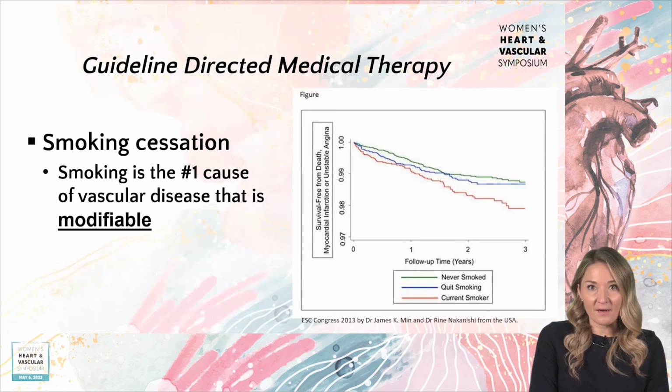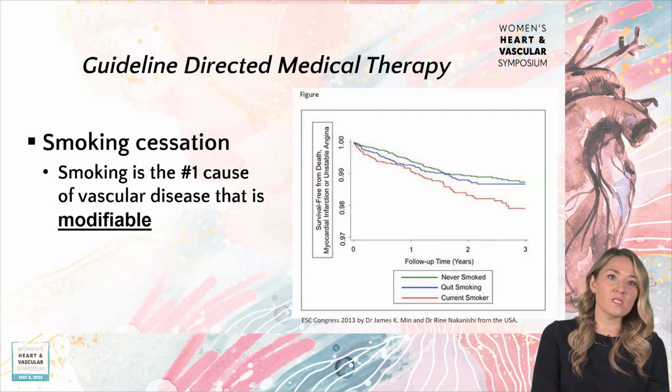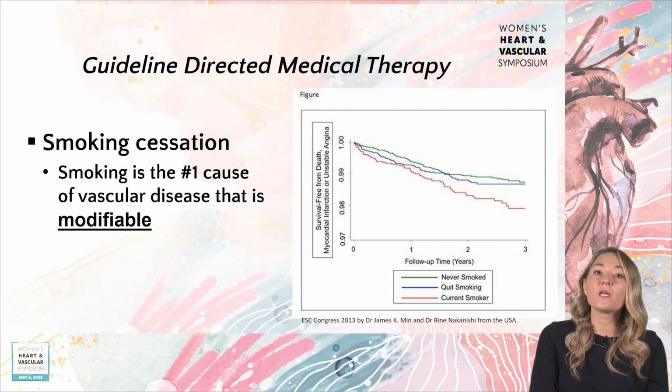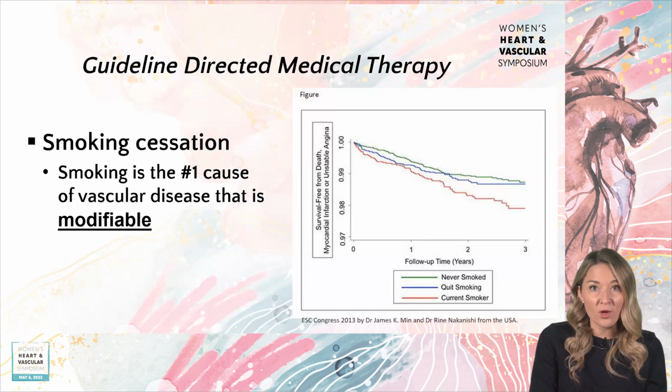You see that green line here is never smoked, and then follow up over 3 years, and then quit smoking here at time 0. Those lines meet over at 3 years. The full article, I couldn't access it. I would have loved to dive deep into this, but I just want you to know that you can encourage your patients. Look, yes, you may have been smoking for 10 years, 20 years, but you can decrease your risk. That's the general theme. You can decrease your risk back to a much lower one if you quit smoking. So whatever you can do with smoking cessation therapy is paramount for your patients long term.